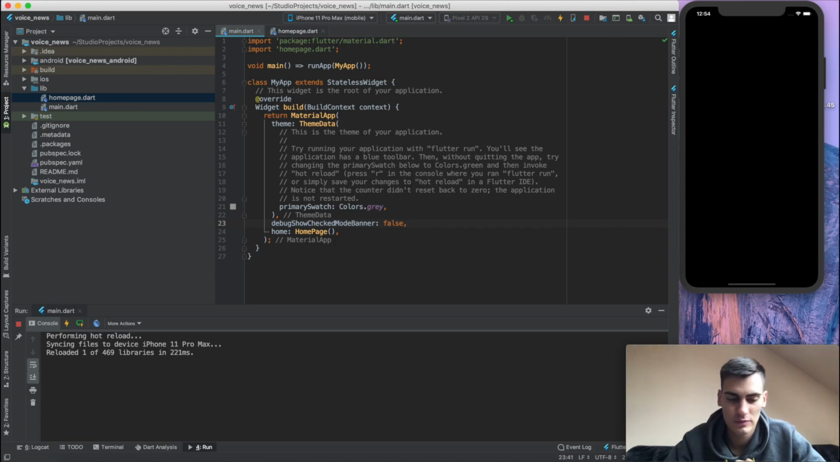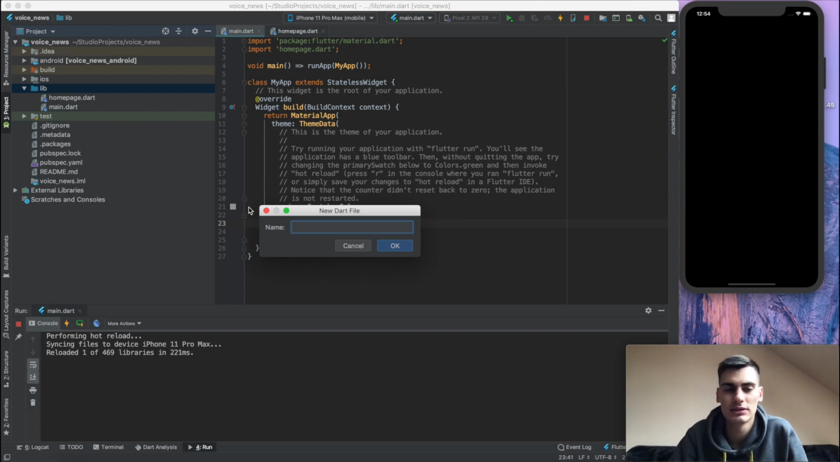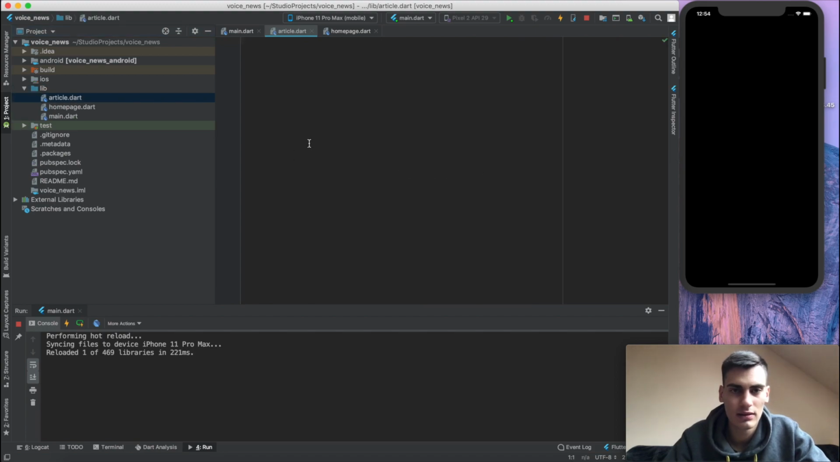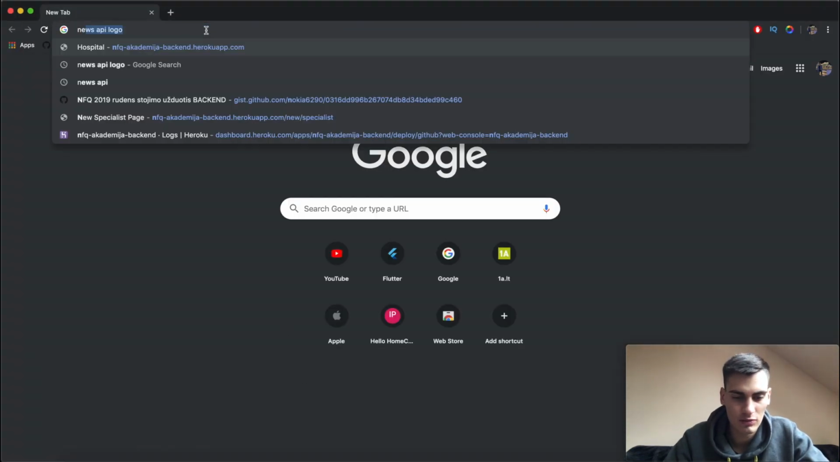So what we will need is a list of all the articles in front of us, and I think we can start by creating the class of articles, and we will define what the article consists of. So let's just call it article, and this will be an article class. So I think we need to jump into the News API